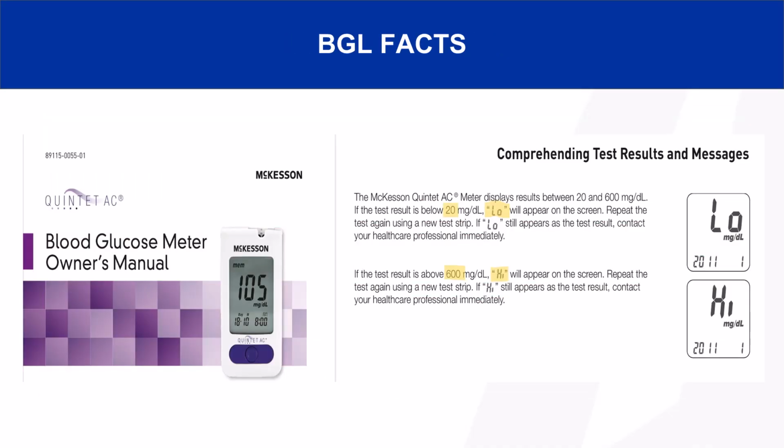As we begin to look at assessment and treatment, let's review our tool for blood glucose checks. This is the blood glucose monitor that we use on both ALS and BLS units. It is rated for using capillary, venous, and arterial blood for testing. It measures blood glucose in milligrams per deciliter between 20 and 600. If it reads low, it is below 20, and if it reads high, it is above 600. It is important to know these numbers as they represent extremes for our patients.